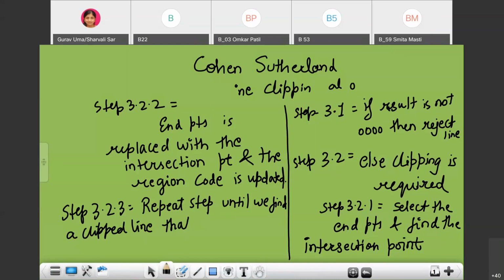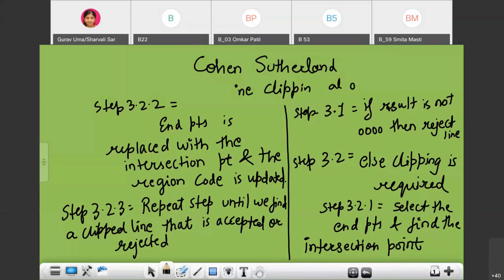That is, the clipped line is accepted or rejected.